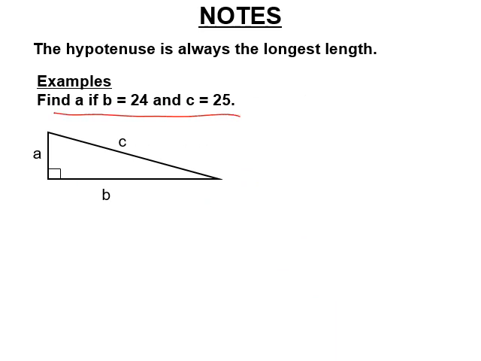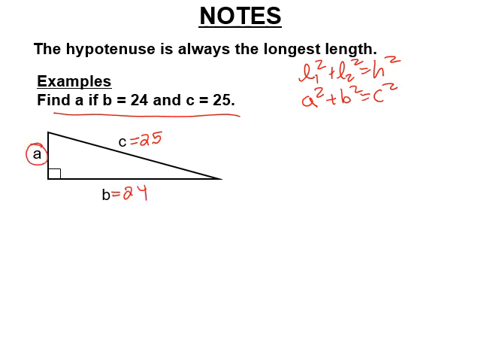If you look up Pythagorean theorem from other teachers, instead of writing leg squared plus leg squared equals hypotenuse squared, they're going to write a squared plus b squared equals c squared. This is also how your parents learned it. Those are the same things. So here's an example showing they're the same. We know c here is 25. You know b here is 24. So a leg is missing here. This short side has got to be a leg. So I'm going to put a instead of leg this time. So it's a squared plus 24 squared, which is b,